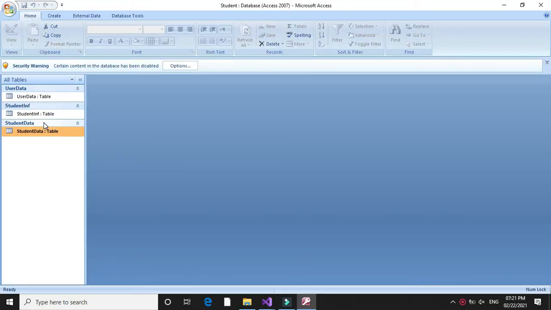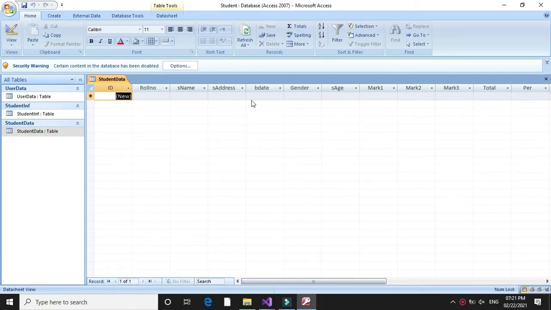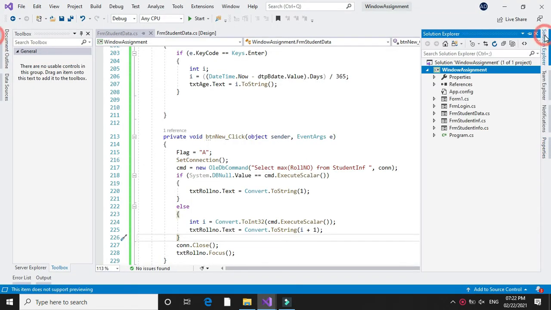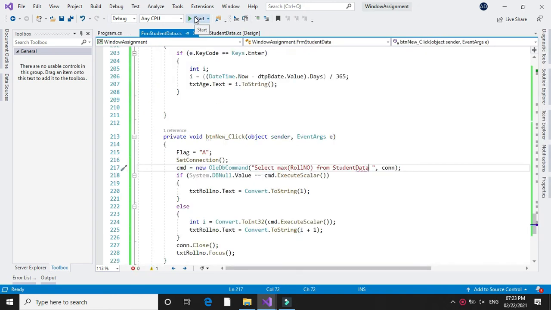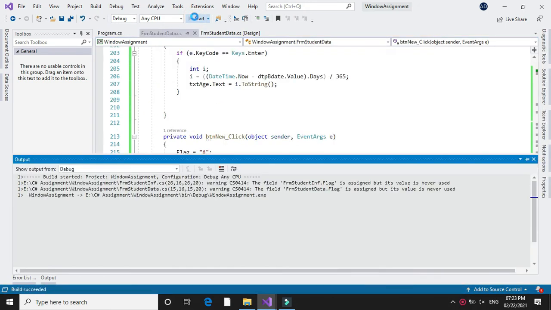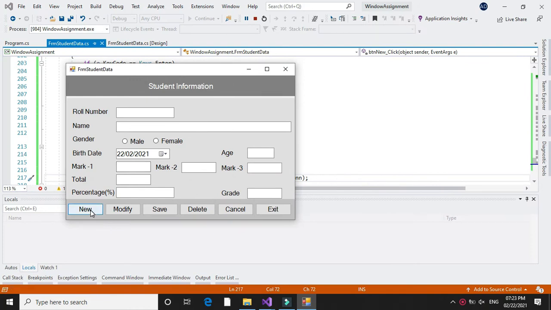In our student data table, we have no record. To execute this form, we will set it as a startup form. When we execute and click on the new button, it will get the roll number value 1 since there is no record in our student data table.